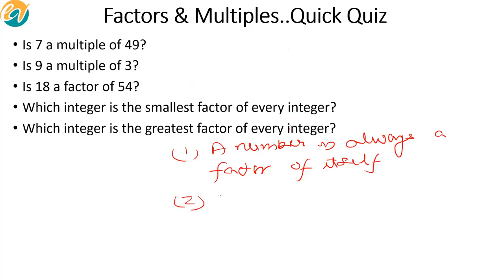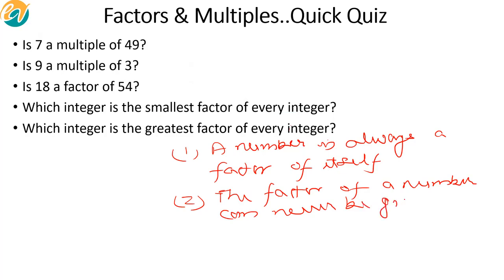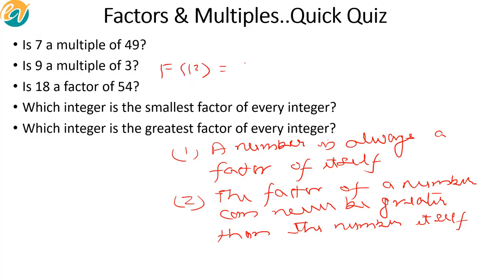That the factor of a number can never be greater than the number itself, right? Again, for example, if we look at the factor list of 12, that would be 1,